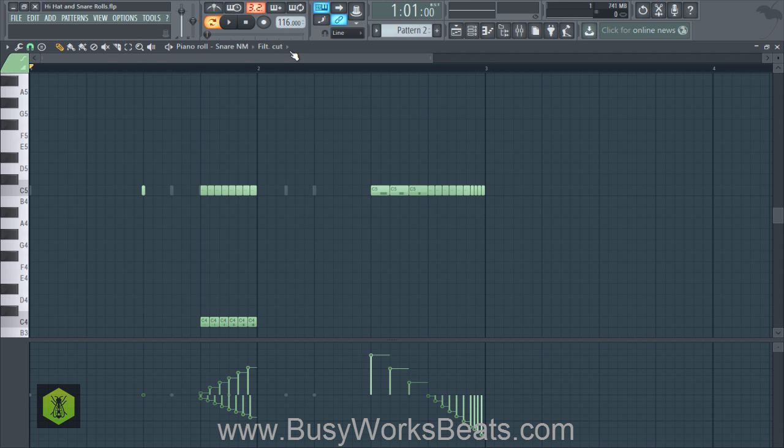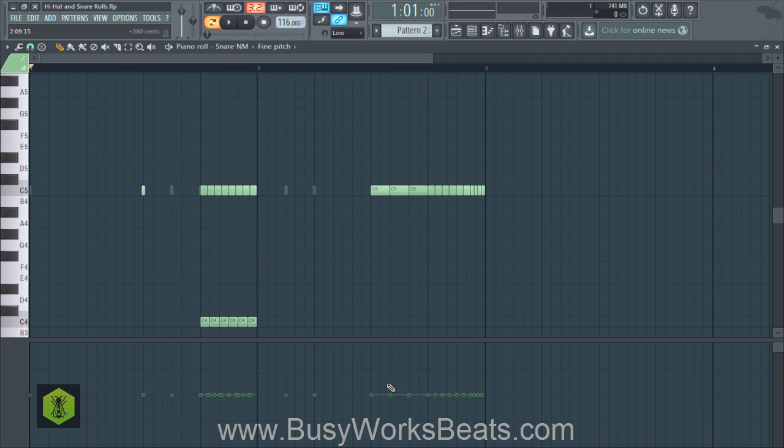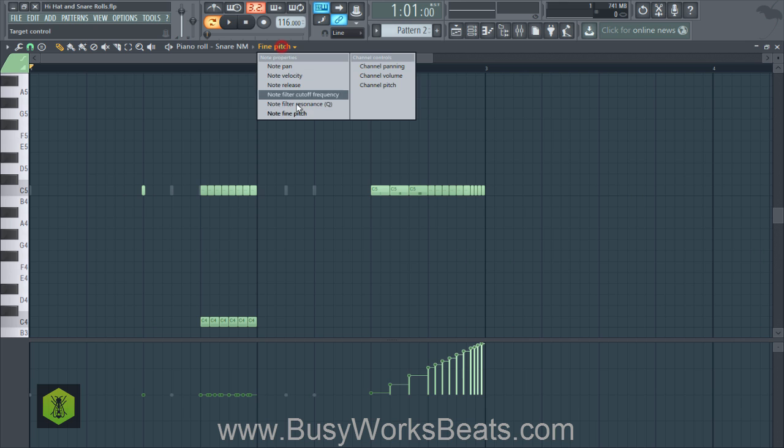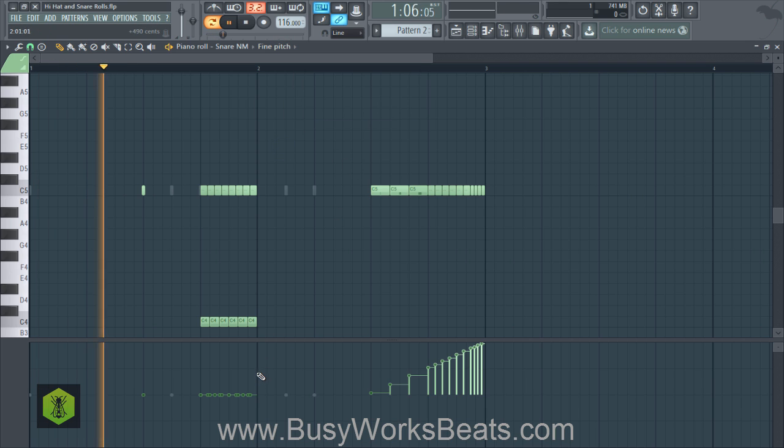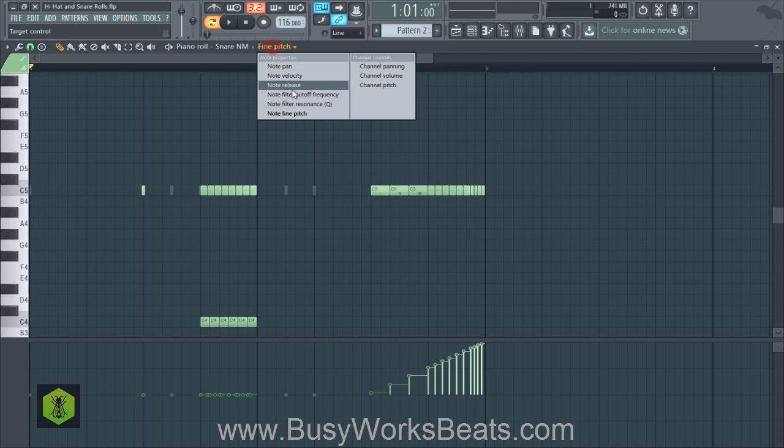Now also keep in mind, you can go to the note find pitch. So if you have a snare roll, for example, well, this is a snare roll, isn't it? You can actually right click, and if you notice in the top left, it's going to give you a cent value. Cents are the way we measure pitch. Every 1200 cents is 1 octave. So if I right click here, starting at 0 cents, and drag this up to about 1200, that's 1 octave of pitch bend. And I can pitch bend my snares under the fine pitch parameter in FL Studio. And that's how we create those EDM rises over time.